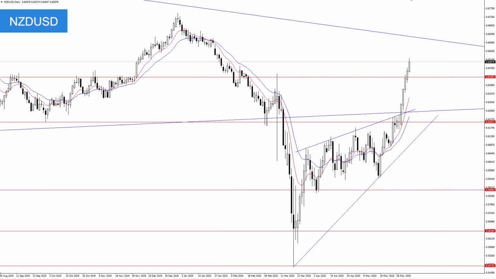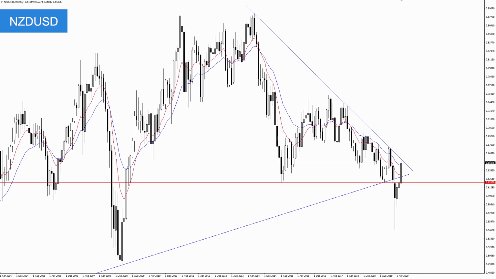Next up, we have the New Zealand dollar, and just like the euro, this thing has taken off recently, and we've seen absolutely no pullback whatsoever. So recently, as you know, I was looking to short from the 62.00 area. If we look at the monthly time frame, 62 is a key horizontal level based on some of these recent lows, and 62 is also a trend line that dates back from the 2000 lows.